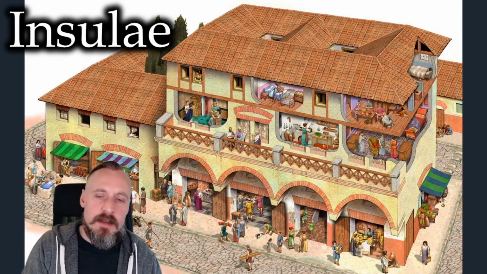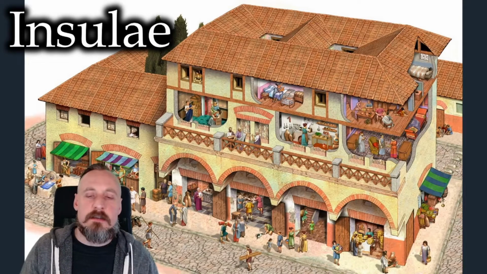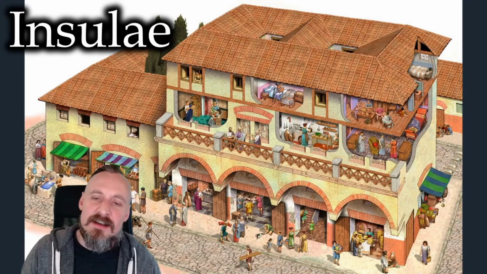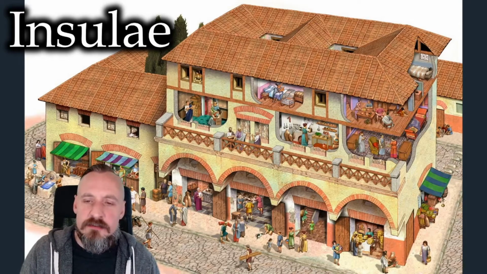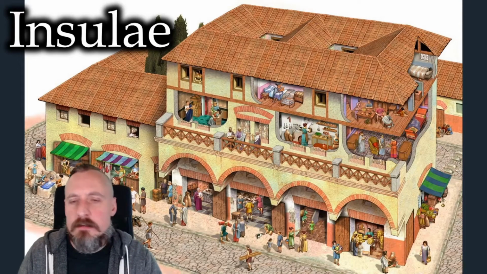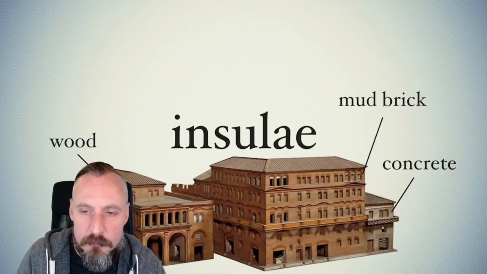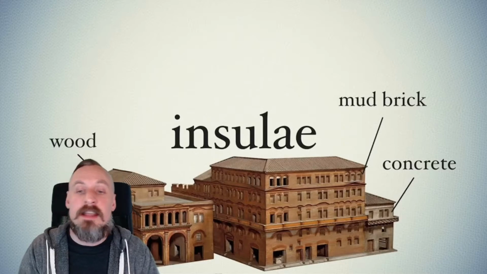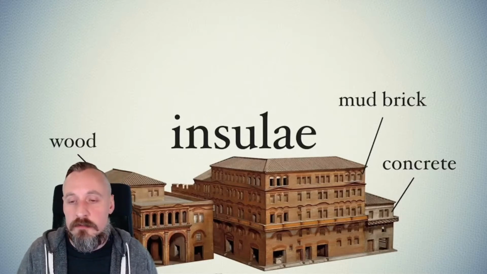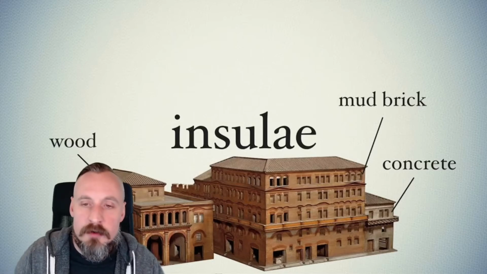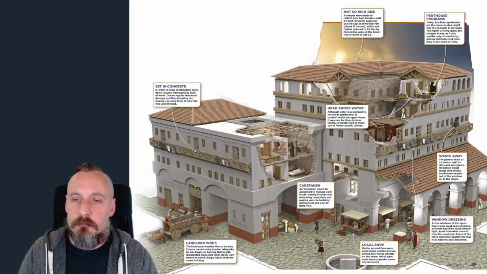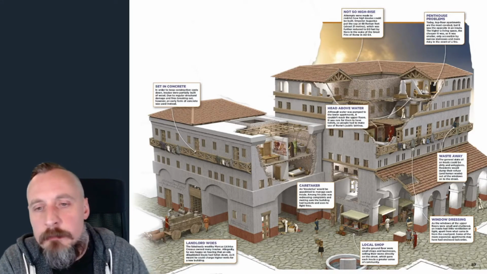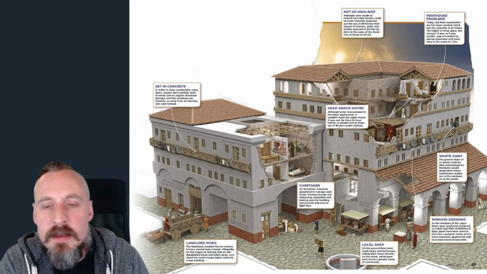Insulae. Insulae were giant apartment buildings where the very poorest people who lived in cities lived. And so they were often cramped and full of families, and the conditions were often terrible. In fact, they look a lot like many later industrial area brick buildings. Such was the huge leap forward in concrete technology that the Romans created. But these insulae often did not have running water. It may have been pumped into the lower apartments, but they had to go down and get it from the